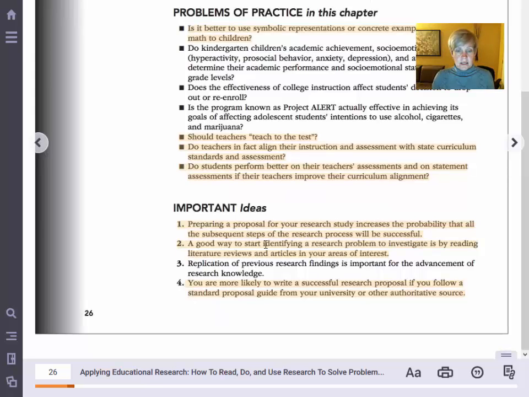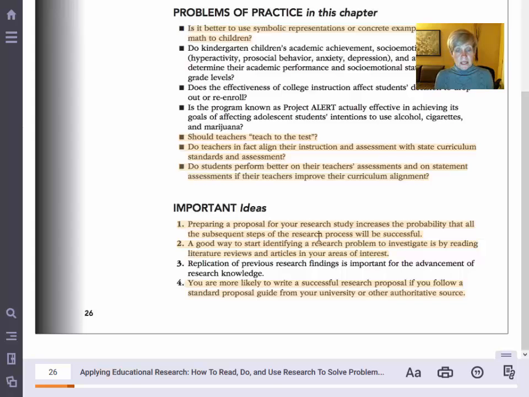Some important ideas here: preparing the proposal. Remember, this is what this chapter is about, an overview of what a proposal looks like for a research study. If you do this, it'll increase the probability that all of the subsequent steps in the research process will be successful. So make sure that you dot your I's, cross your T's, and you've addressed all of the